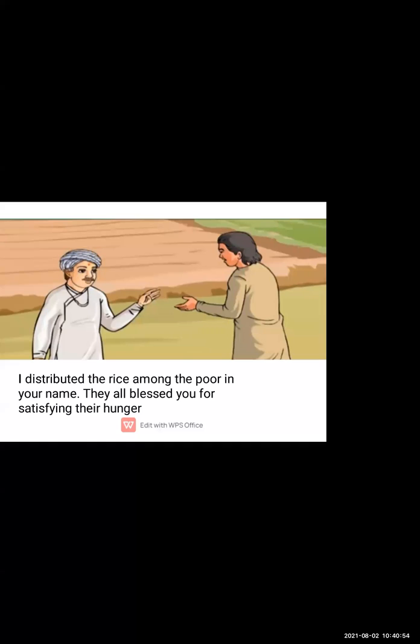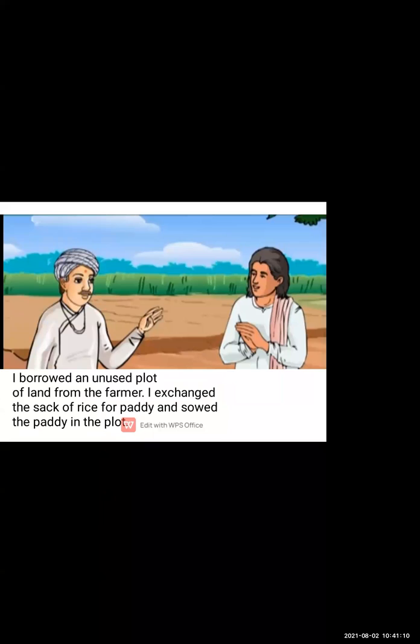Now the elder brother sold the rice, and the middle brother distributed the rice amongst the people. Now who is left? The third one, the younger brother, is left. Now let me see what the younger brother did with that rice. When the father's friend went to visit the youngest son,